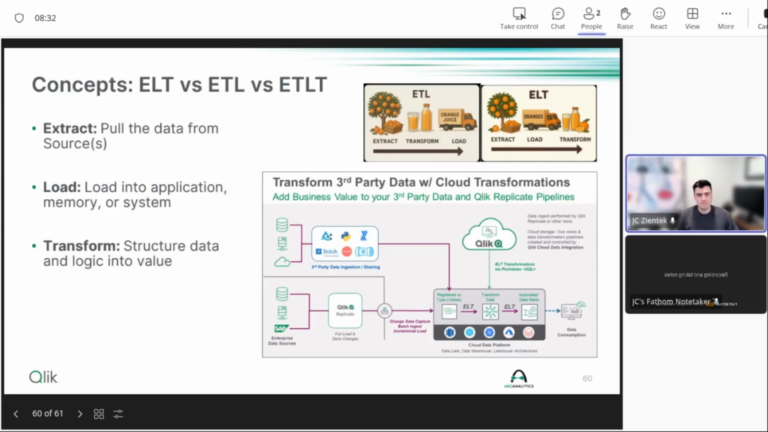ETLT. We've all heard it before, and I like this diagram here of the oranges because there's no right or wrong way to extract, load, or transform your data. And in this case, I put this here because some people do it the opposite way. Some people do extract, transform, and load. Some people even do, if you have a larger pipeline, I put this screenshot here, which I did steal from Qlik, so thank you. But depending on how large your pipeline, how many systems are involved, it's very, very likely